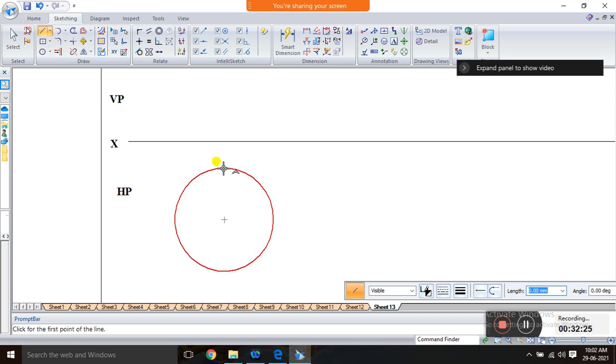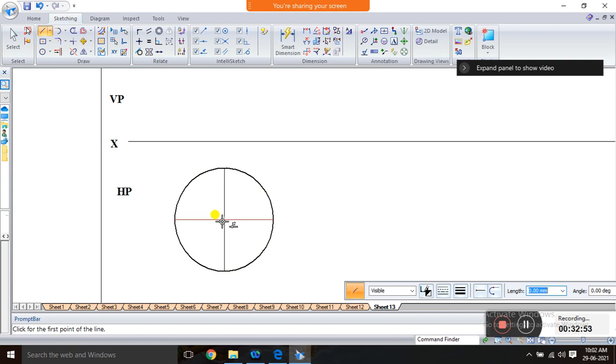First you have to divide into 2 parts. The circle is divided at 2 points, meaning it is divided into 2 equal parts. Next I need 4 points. See, the circle is divided into 4 equal parts. You have to draw one vertical and one horizontal line, then it is divided into 4 equal parts. If you go with a greater number of points, you will get a more accurate result. For that, again you have to divide this.